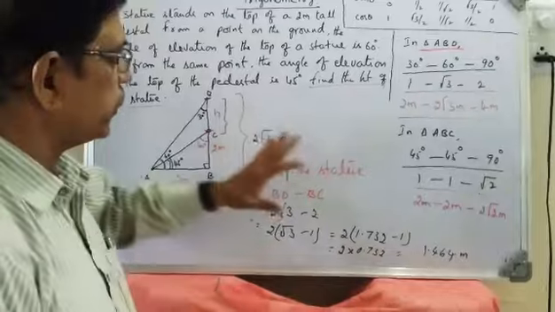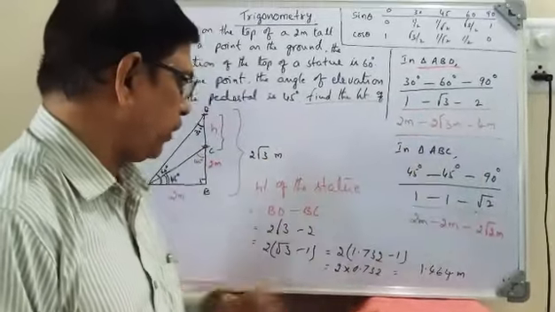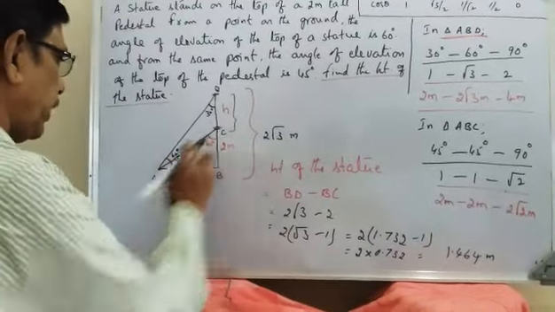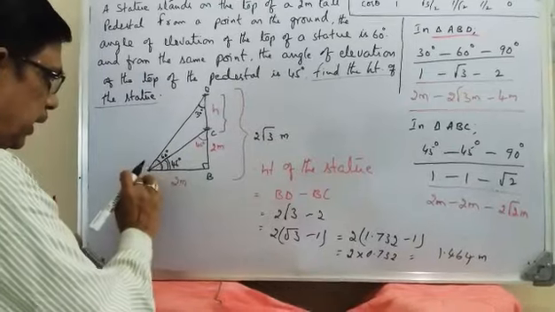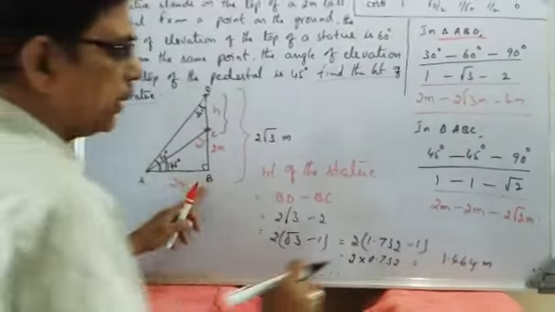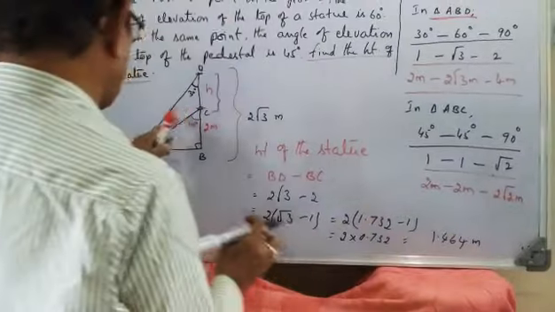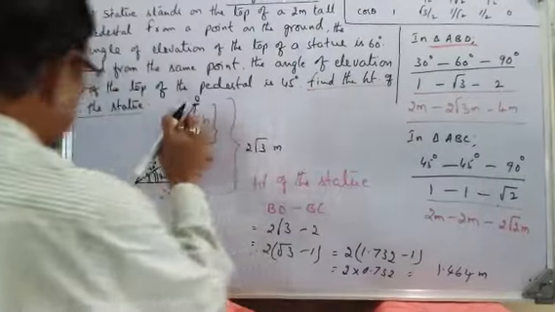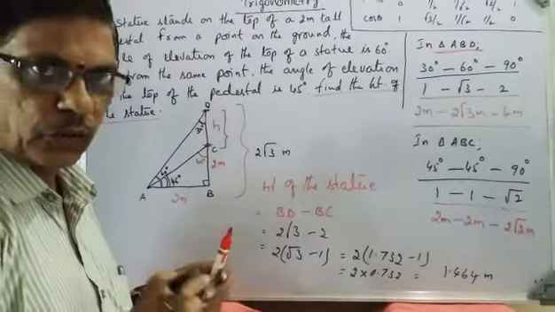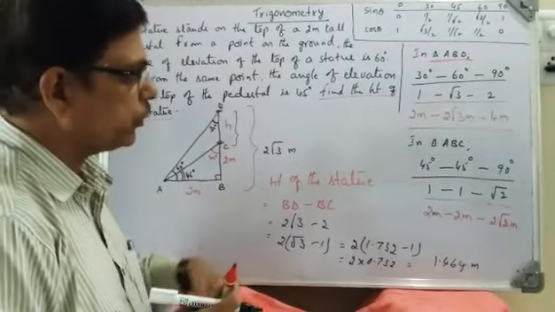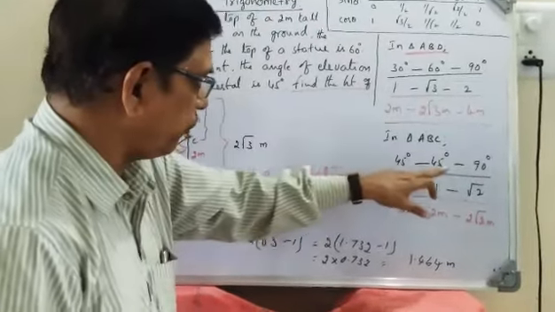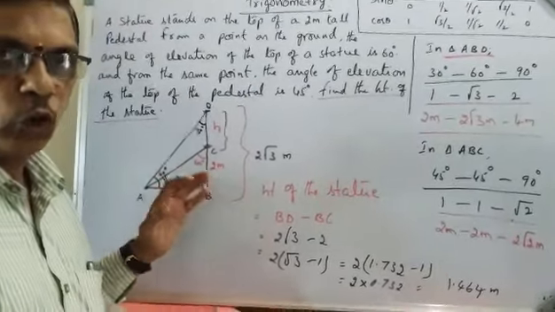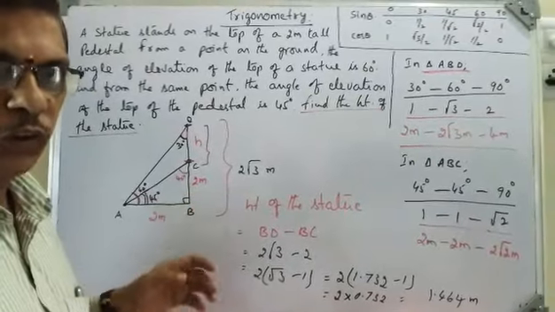When we get the combination of 30, 60, 90 and 45, 45, 90, without solving we can easily find any side. We can find AC also. If you take triangle ABC, the AC will be 2√2 meters. In triangle ABD, if you want to find AD, opposite 90, you will get 4 meters. So like this we can solve any kind of problems based on 30, 60, 90 and 45, 45, 90 without calculating. This will save your time when you go for competitive exams. I hope all of you followed.